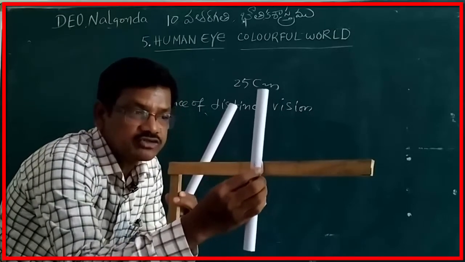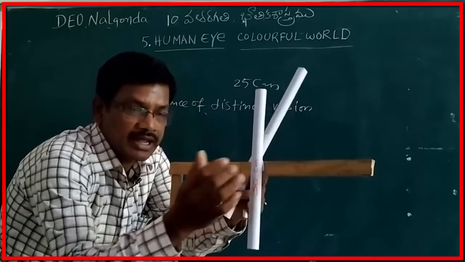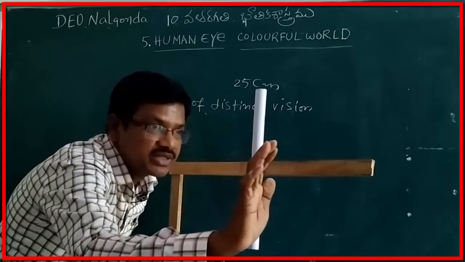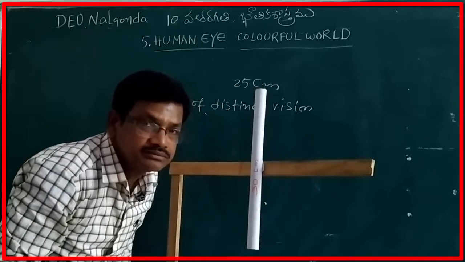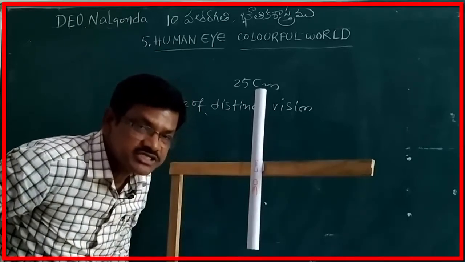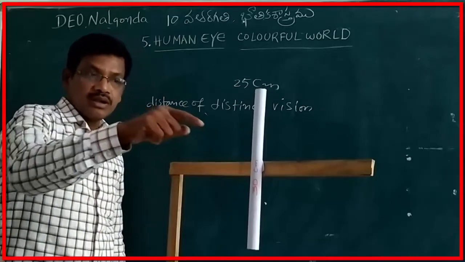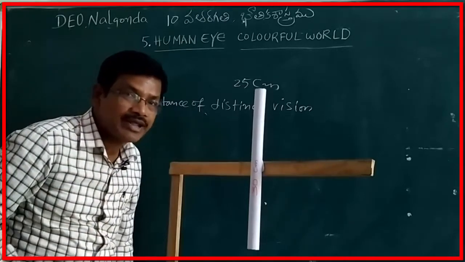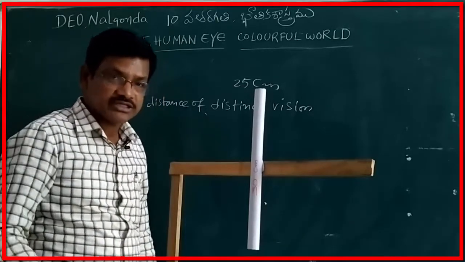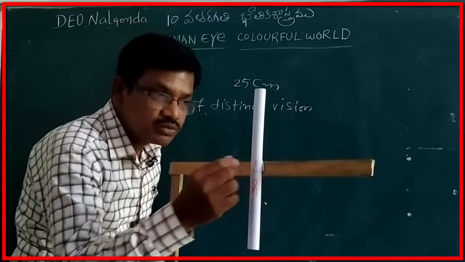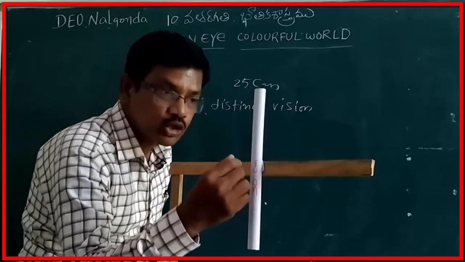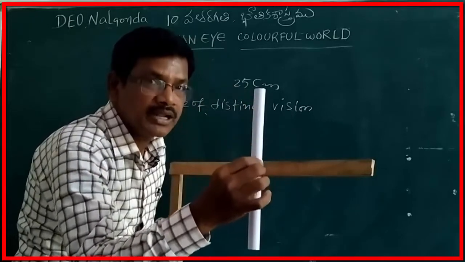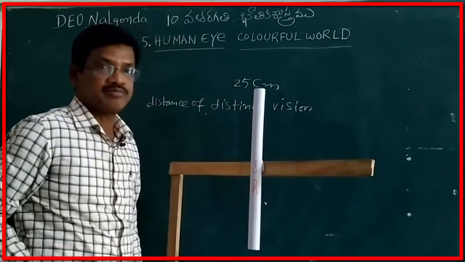Actually, I placed these rods at 25 centimeters distance from our eye. In case you are not able to see top and bottom of it clearly, you can move it somewhat away from the eye. Because from the last activity, we have learned that least distance of distinct vision varies from person to person depending on age. Based on that factor, we need to move it forward and backward. Most probably forward, then you fix it at the place where you can see the object clearly.